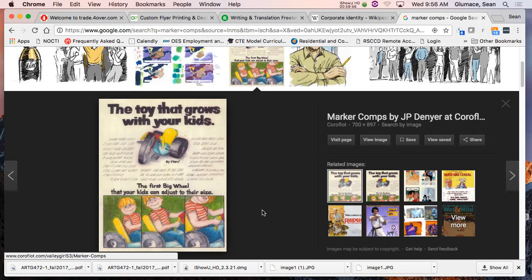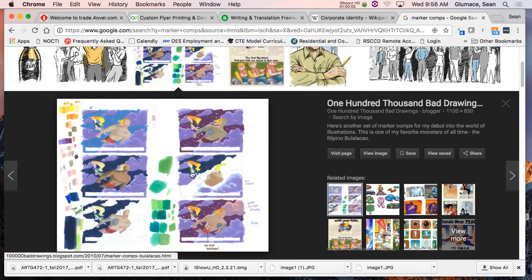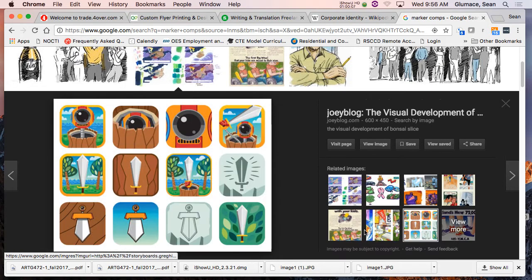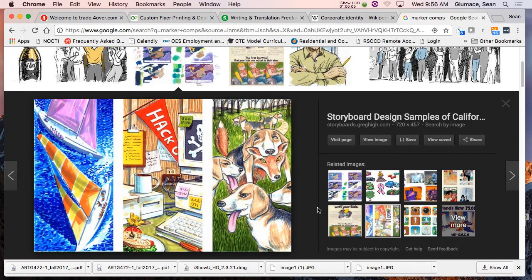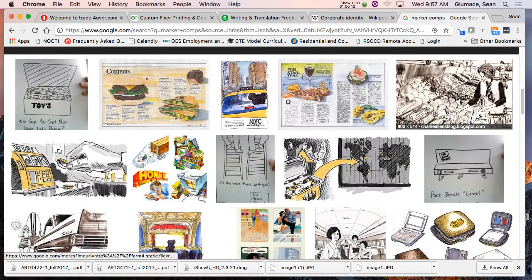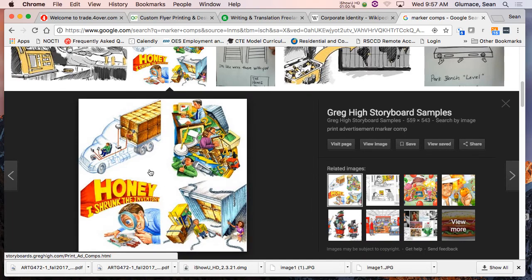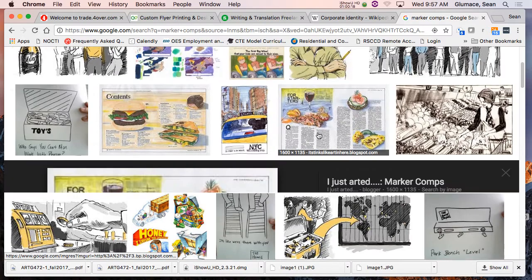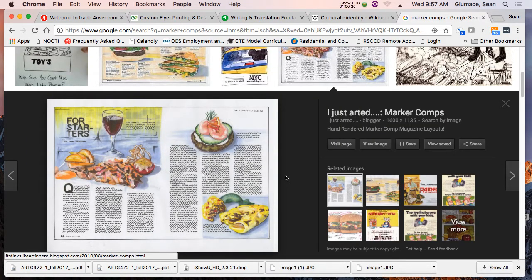So this is a comp. So this is an old one, like for a toy company. There's color comps. Working out color. You know, what type of color we're working on. There we go. Illustrations. So they're not finished pieces. They're rough. There's some logos, some stuff. Here you go. There's a really good layout just for a magazine. I'm able to show the client this and maybe real photos and maybe other samples.